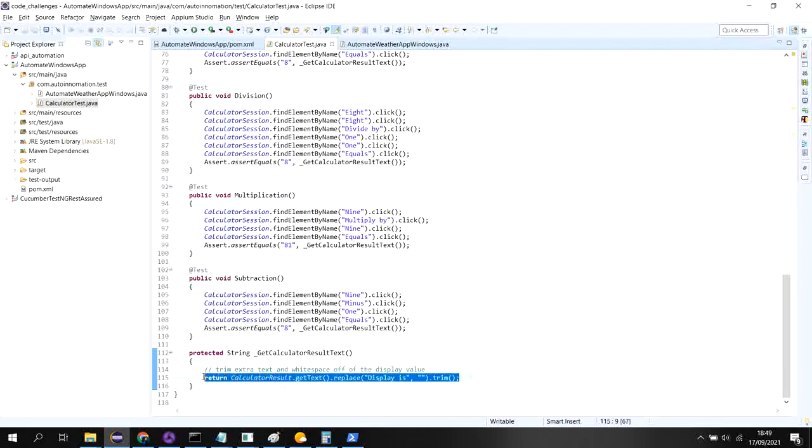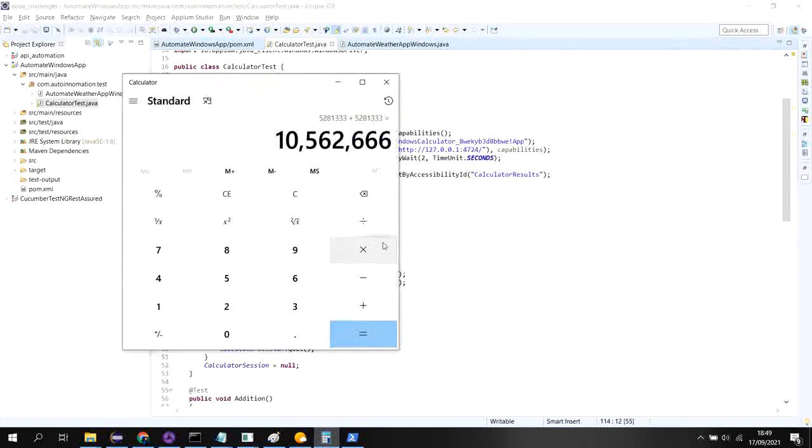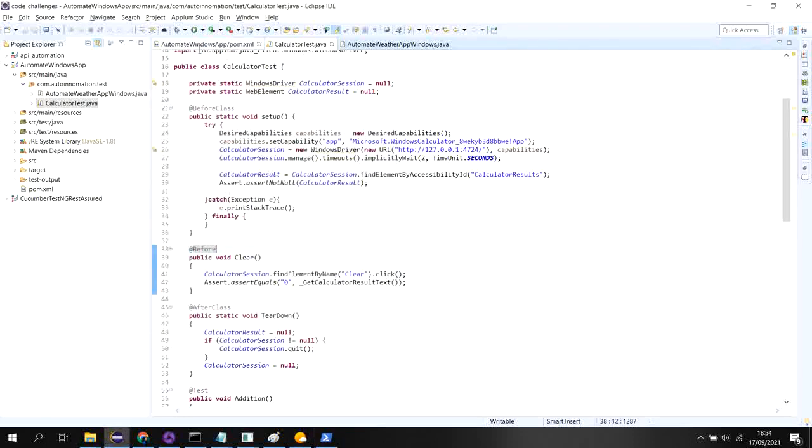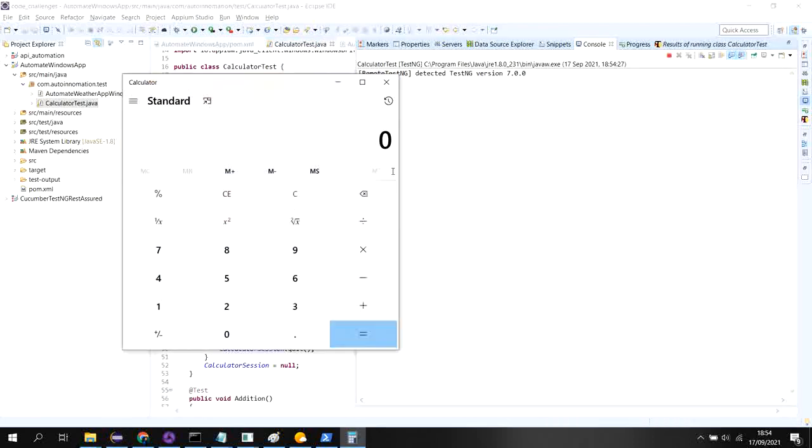So I mentioned here also. Okay, so let me run this one. It has opened the calculator app and started automating.